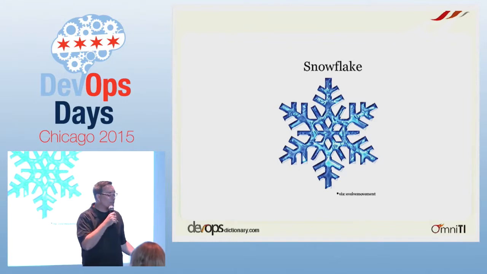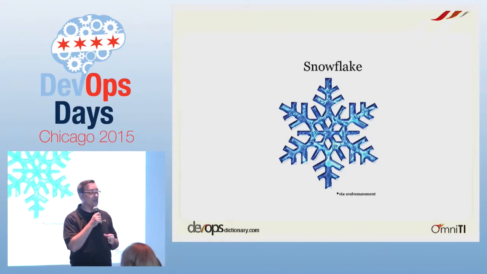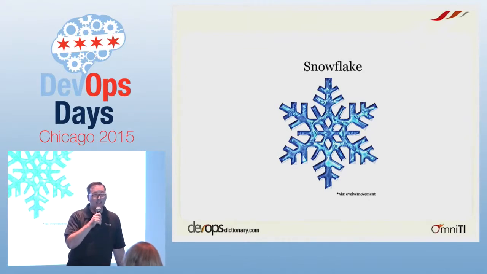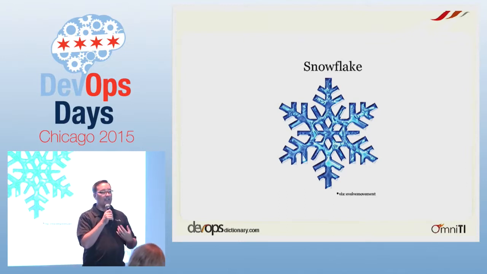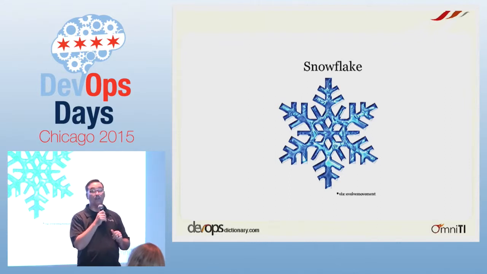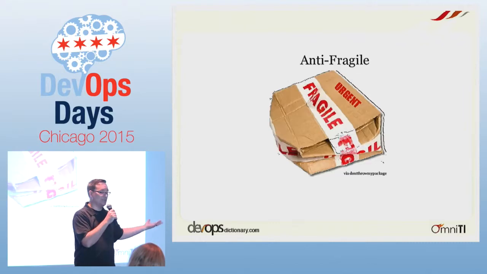Snowflake. What does this mean? If you go into a machine and you make a manual change to fix something on a machine that is normally under automation, you have just snowflaked that machine and you are a bad person. You should, in theory, go back and change the automation to make it work this way. But if you have 100 machines and one is different, that one special machine is called a special unique snowflake. I don't know if it's a Fight Club reference or not, but it seems to be to me.